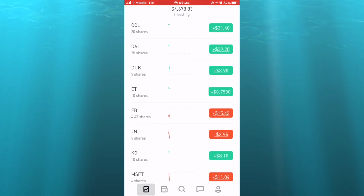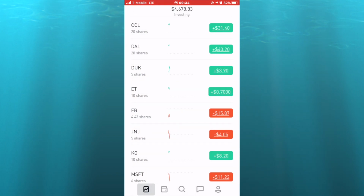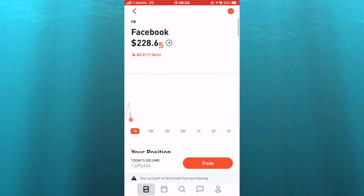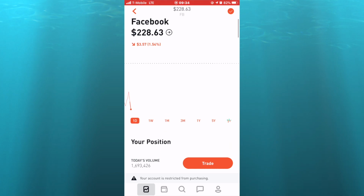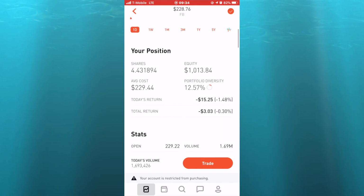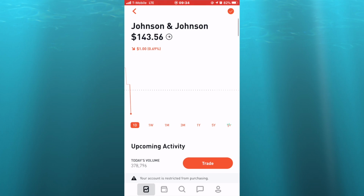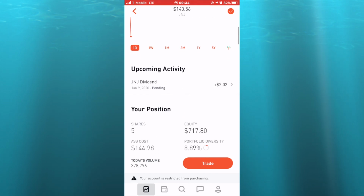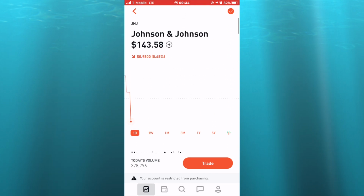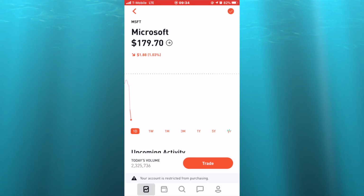I bought a put option for $75. It was currently trading at $61 a day, and then it went all the way down before my expiration date, all the way to $47. So roughly I made over $2,121 or something like that on this little put option trade that I made, and that was my first